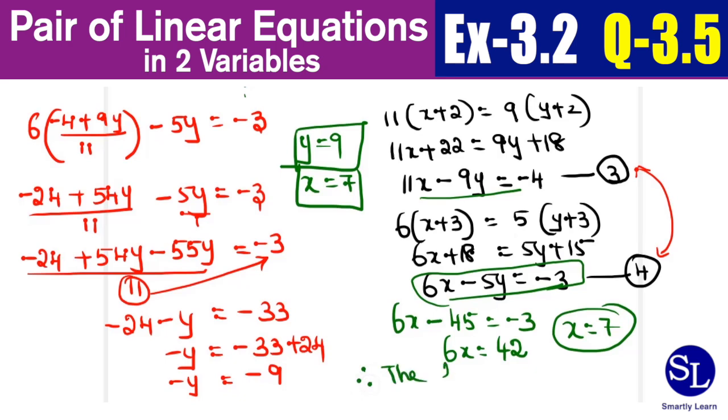Therefore, the fraction is, and remember, we are supposed to write the numerator with x, so it is 7 by 9. Now, just to be sure, we will cross verify and see whether the statement is right. You don't need to show this calculation in the paper, just that it is a verification for you to be very confident that your answer is right. So, let's do 7 plus 2 is 9. 9 plus 2 is 11. So, you got when adding 2 the 9 by 11, which was the initial statement.